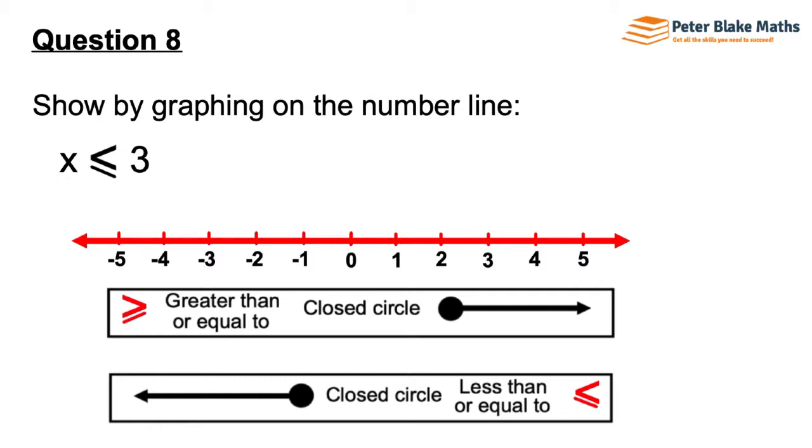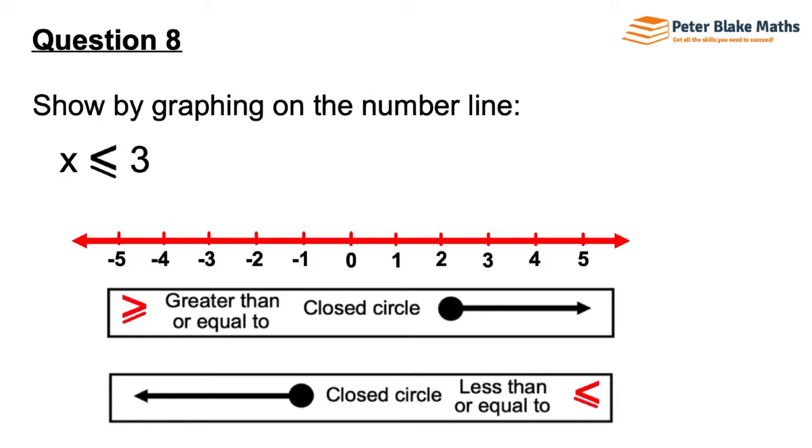Now you'll notice the arrow in the inequation sign, the less than or equal to sign, points to the left, and so will our final arrow for our answer. And I've got a tricky way of remembering whether we have a closed circle or an open circle for these graphs on the number line. I like to think of that extra line underneath the less than sign to make it a less than or equal to sign